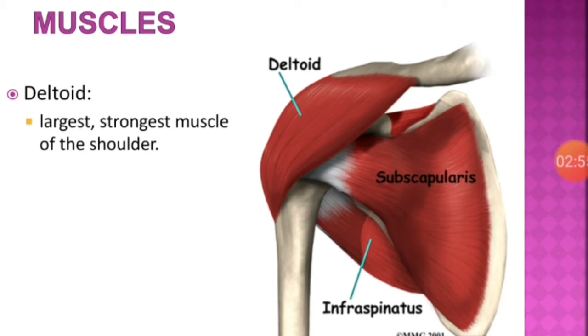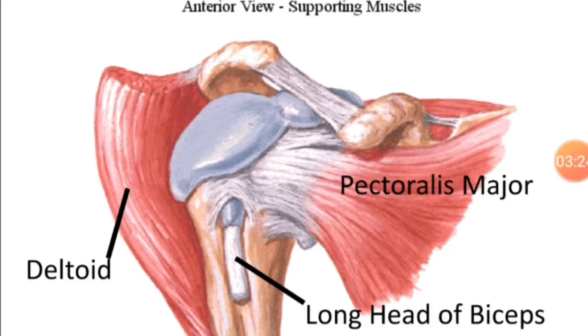The force couple of the short rotator cuff muscles along with the deltoid, which is the largest and strongest muscle of the shoulder joint, is very important for abduction movement. Any interruption of function leading to fatigue or poor coordination of any of these muscles can lead to microtrauma and eventually dysfunction in the shoulder region. Anteriorly, the muscles which can be seen in the shoulder are again the deltoid, then the very important muscle pectoralis major, and the long head of biceps.